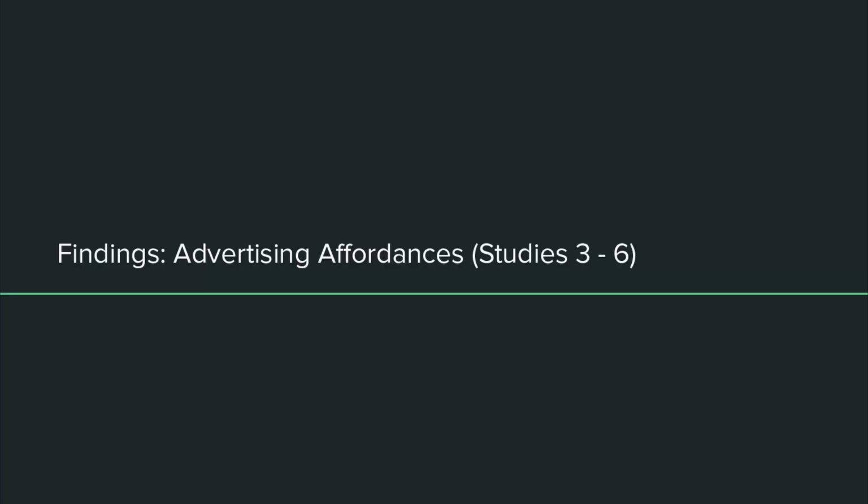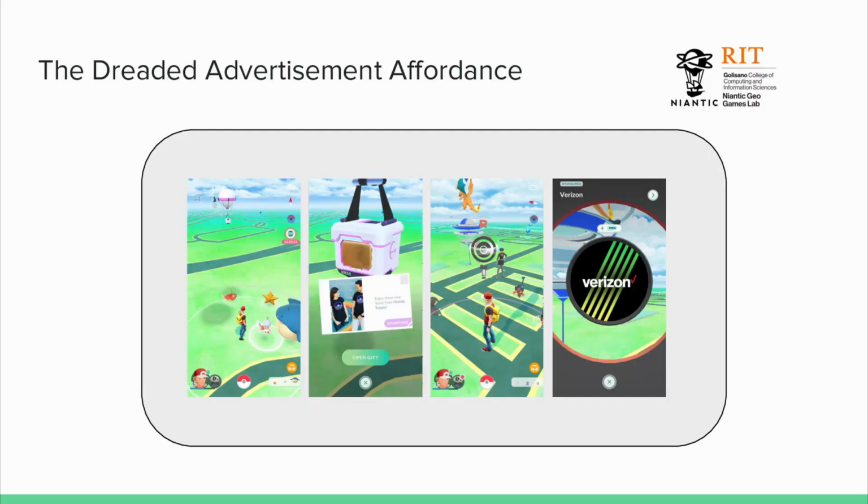Now, let's get to the fun part of the talk where we start to talk about advertising. So I pivoted to this actually because of the COVID-19 pandemic, because there was a thing that happened during COVID-19 where Niantic started to incorporate location-based game advertising, and they always incorporated it, but they opened it up to small and medium businesses, which is the important part here, right? So small and medium businesses suddenly had access to this technology that had been used by McDonald's, Jamba Juice, you name it, it's probably touched it, right?